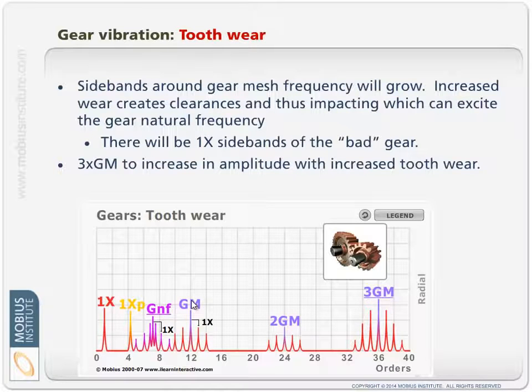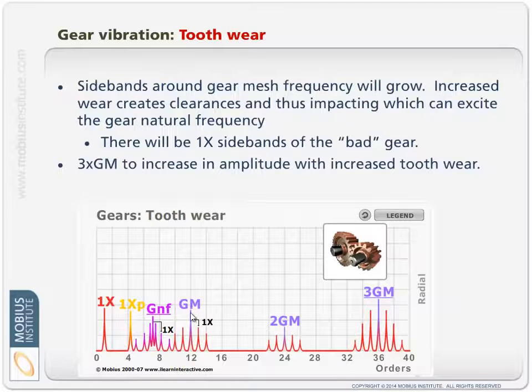If the teeth are wearing, there's no real reason for a change in the sort of cyclical force of the gear mesh. The force between each gear mesh doesn't necessarily change from one point on the gear to another point as the gears turn. Therefore, modulation isn't the real big issue in this case. Remember, modulation occurs when the vibration, the force in that gear mesh changes per rotation. But if the teeth are all wearing basically evenly, then we have a heightened amount of vibration at the gear